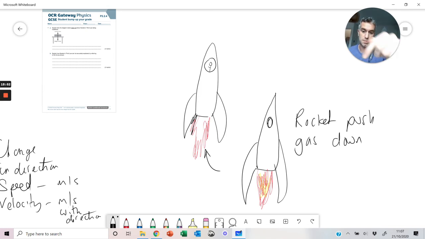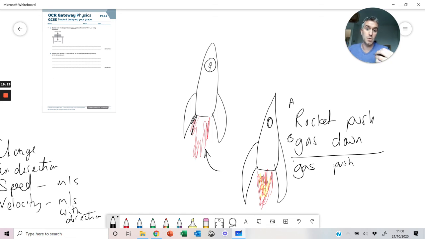Rocket pushes gases down. So we're standing there, and you watch a YouTube video, and you see the gases pushing really hard, really fast out of the back of the rocket. The rocket's pushing the gases down. Ignition kicks in. Lots of fuel, small spaces, clever movement with the gases, and the gases get pushed down incredibly forcefully, going very, very fast. Newton's third law. If this is object A, this is object B, let's rewrite it. Gases push